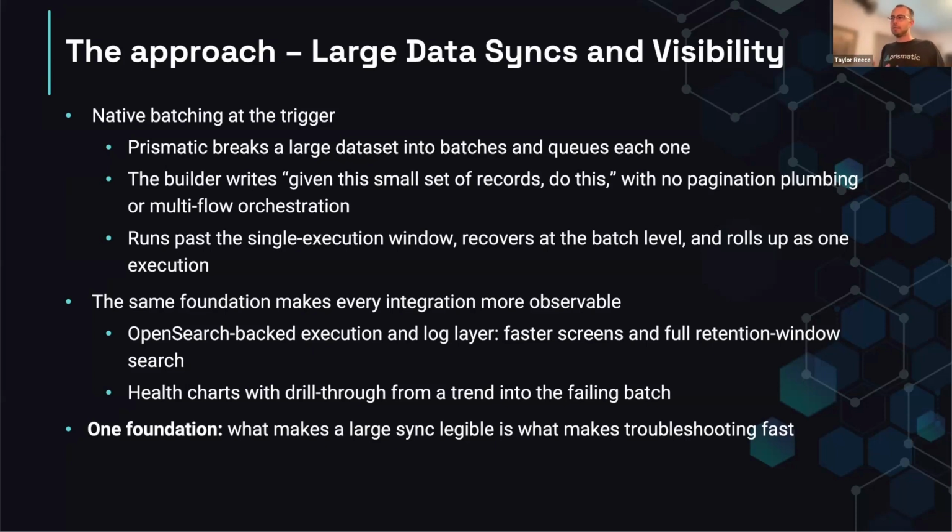You can write a custom trigger in a code native integration, low code coming soon. But in a code native integration, you can create a trigger that will go fetch pages of data, and it kind of acts like a Python iterator. It's going to go fetch pages of data as they're needed. And then those sets of data are going to be broken into smaller batches and passed through executions in batches,